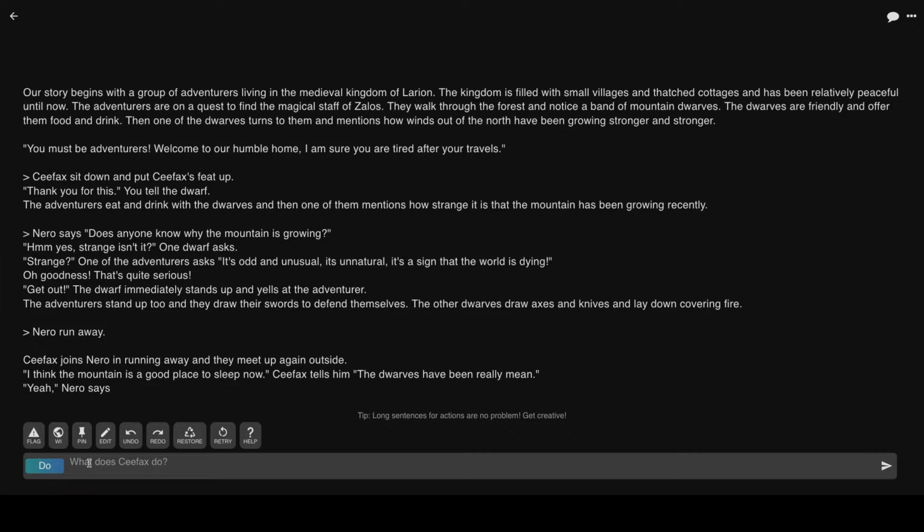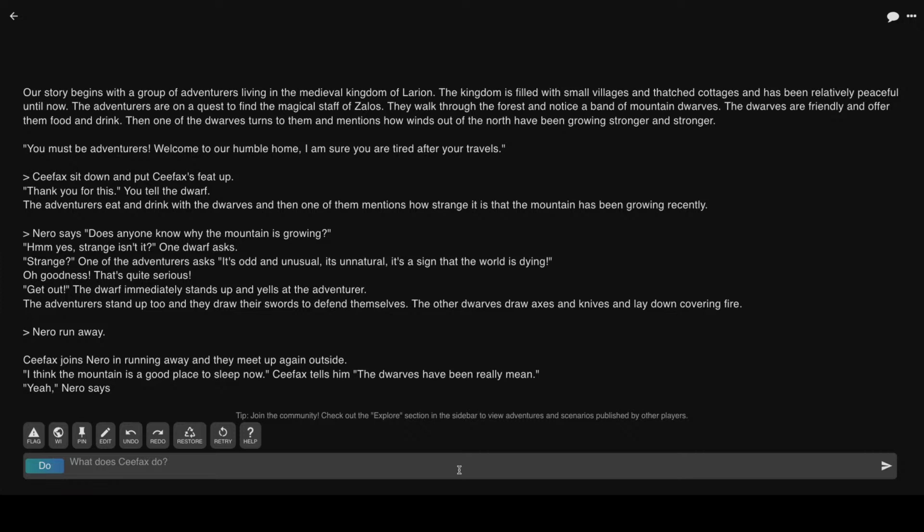Okay, CFAX joins Nero in running away, and they meet up again outside. I think the mountain is a good place to sleep now, CFAX tells him. The dwarves have been really mean. Yeah, Nero says. Right. Okay. So what can happen next? Let's say,